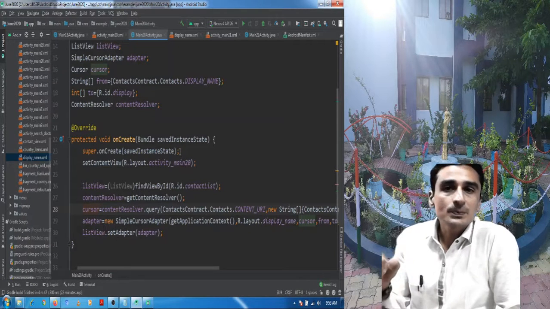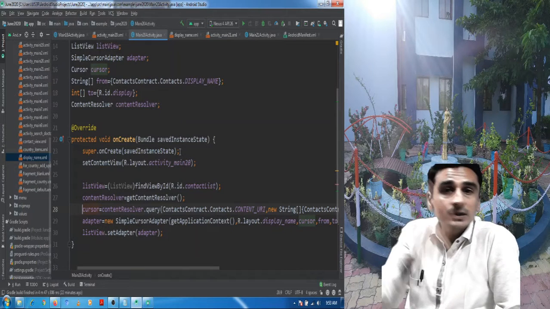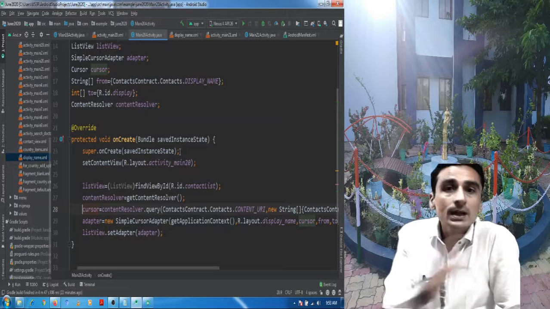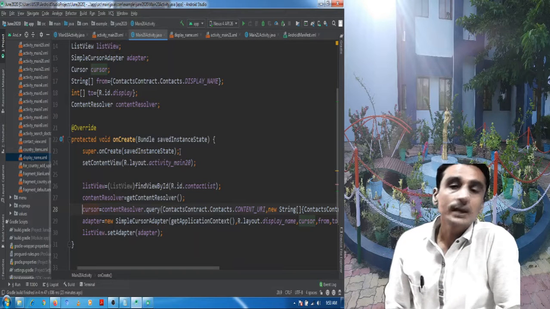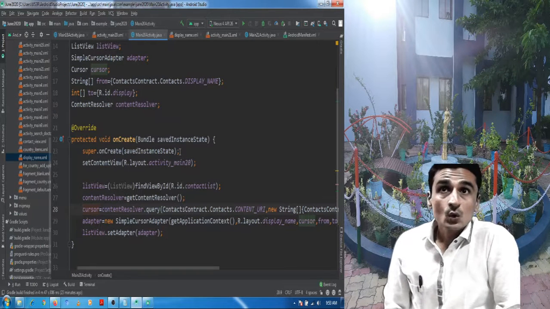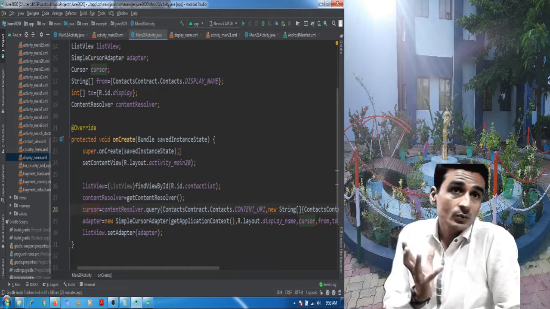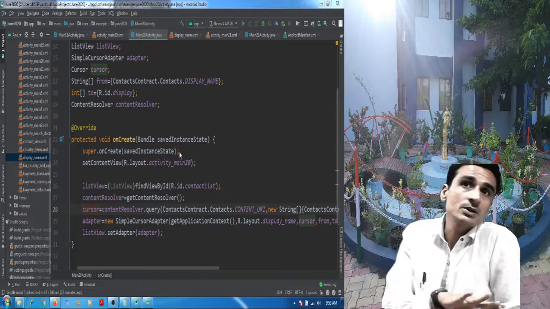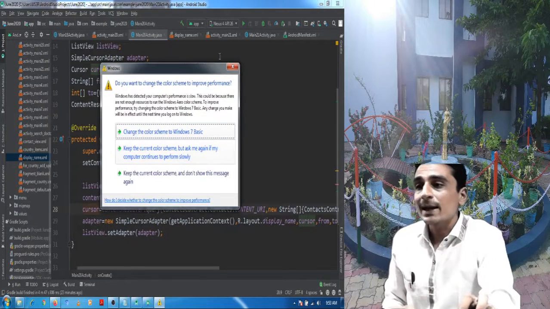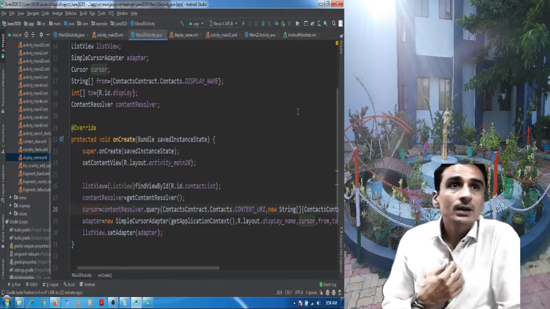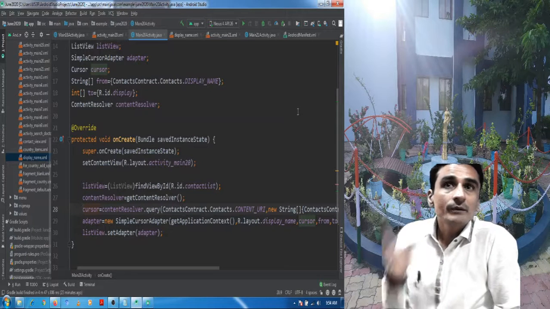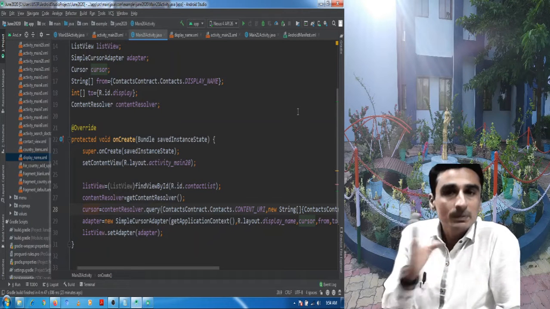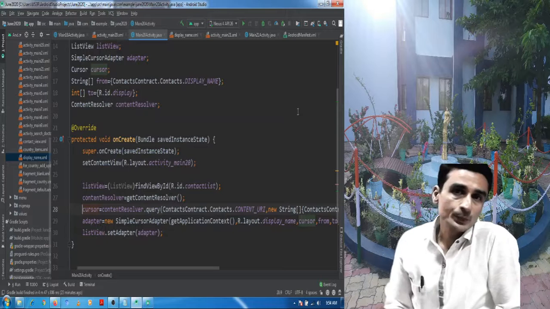At this point, it may happen that during installation, the user has denied the permission of reading the contacts. So the Android operating system is not sure whether the user has given permission or not. So it expects that as a developer, while writing this code, we also check for the permission here.